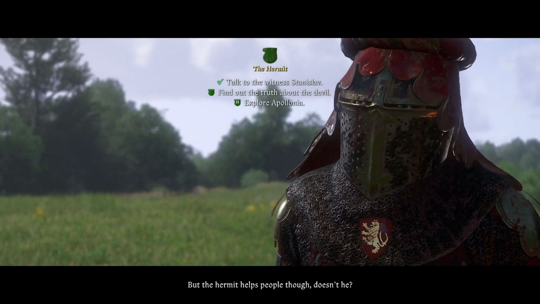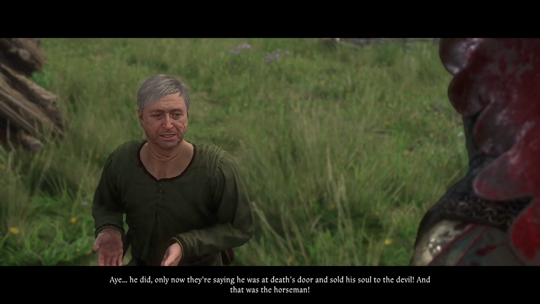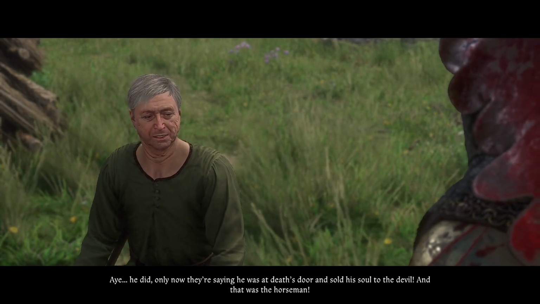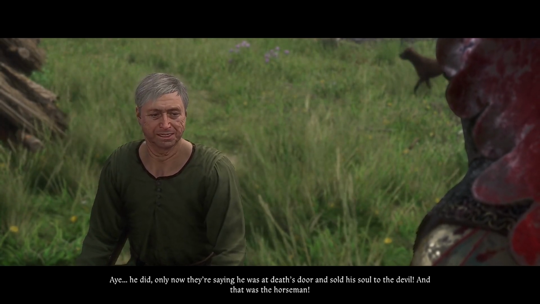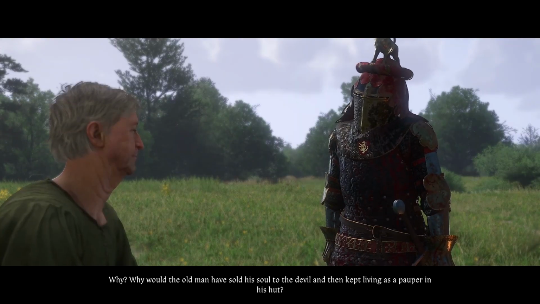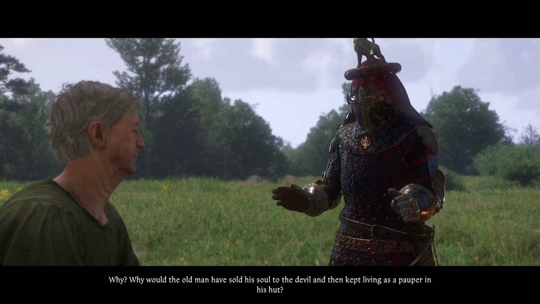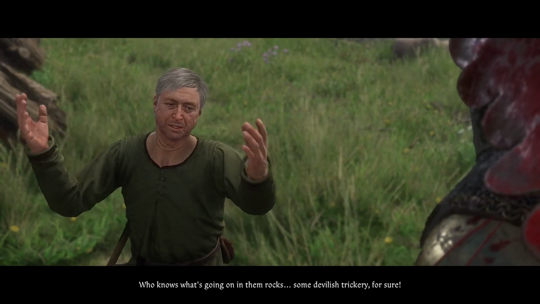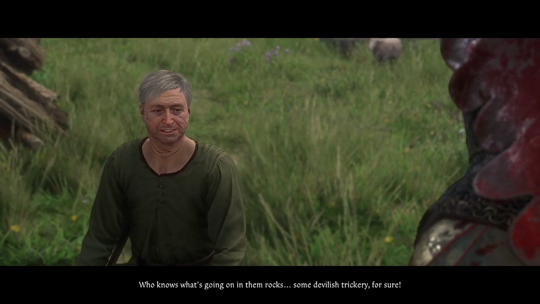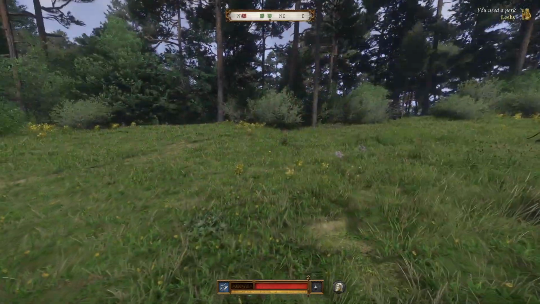But the hermit helps people though, doesn't he? Aye, he did. Only now they're saying he was at death's door and sold his soul to the devil. And that was the horseman. Why would the old man have sold his soul to the devil and then kept living as a pauper in his hut? Who knows what's going on in them rocks? Some devilish trickery for sure. Take care for...